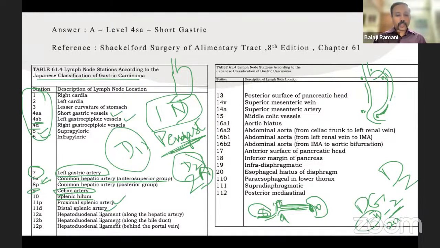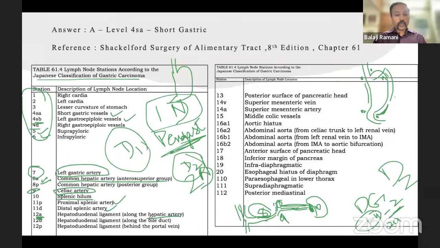12A is going to be along the hepatoduodenal ligament. So the hepatic artery is going to continue here. It will give off the GDA, and it is going to branch off as the hepatic artery proper, and here it will be your porta, basically your hepatoduodenal ligament and the lesser omentum. Here is going to be your porta: your portal vein, your bile duct and your hepatic artery are going to be there. So in the hepatoduodenal ligament, along the proper hepatic artery,